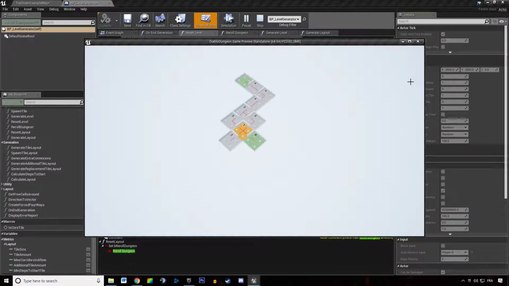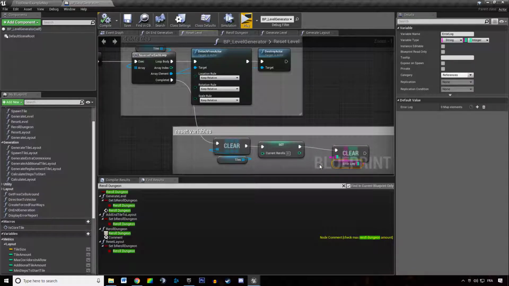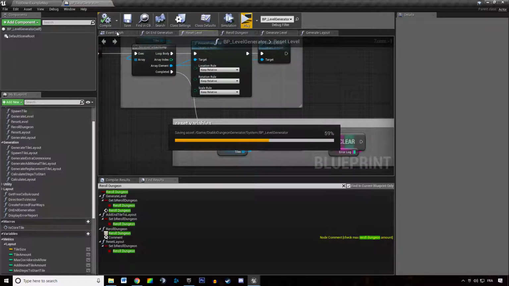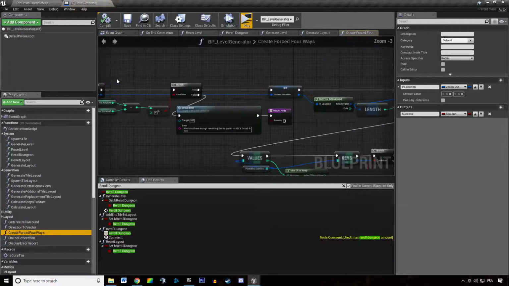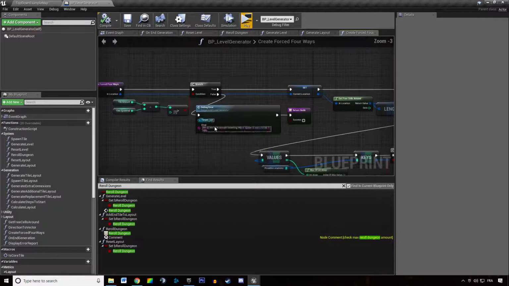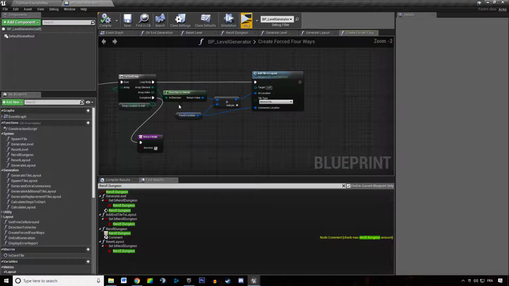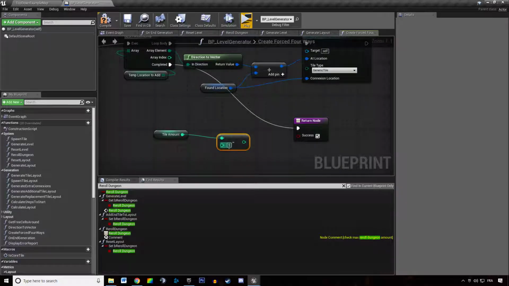So it needs a minimum of 6 tiles to spawn the 4-way. But we realize we have more tiles than 6 in this dungeon. That's because I forgot to actually consume the number of tiles when generating the 4-way. We're checking if we have enough tile amount remaining to spawn the 4-way, but we forgot to actually spend the number of tiles